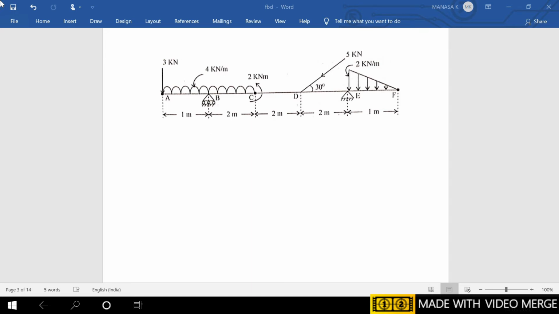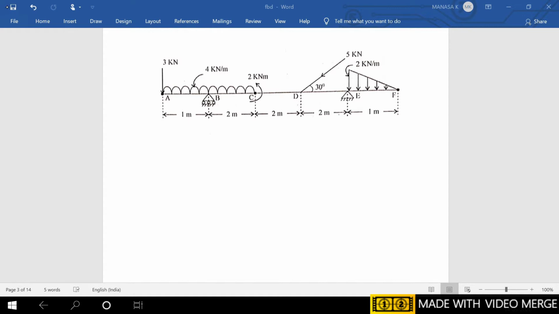The next problem is to find the support reaction of the beam loaded as shown in the figure. The figure is given as such, where the beam is applied with several loads with supports given at B and E. So first you have to identify all the types of supports as well as loadings